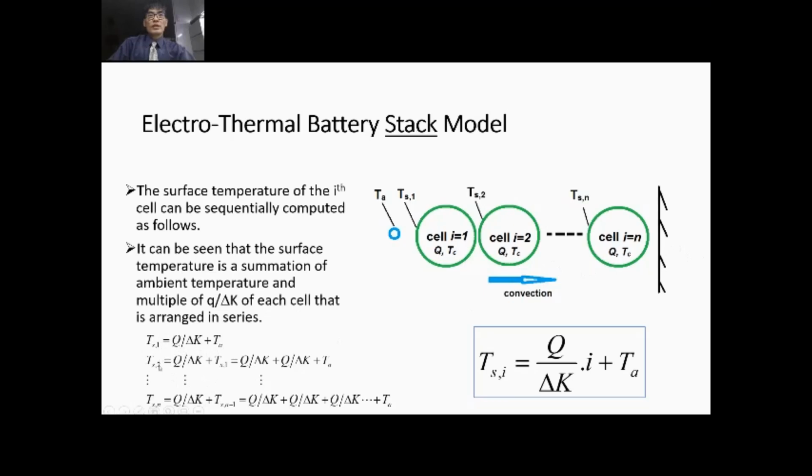So you go for the next one, the surface temperature of the next cell, which is cell number 2, is Q over delta K plus Ts1, where Ts1 is basically, you can move this first equation into the next equations, and so on and so forth. So you can stack all this into one whole equation, which we call Tsi, which is equal to Q over delta K times i, where i depends on which number of cell you are talking about, plus in total the Ta, which